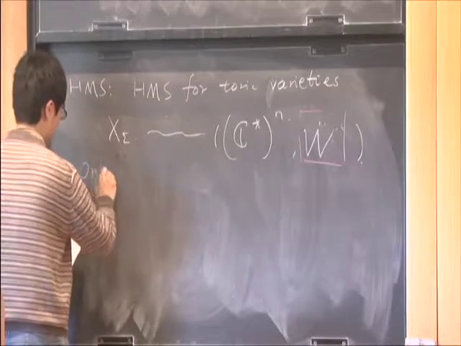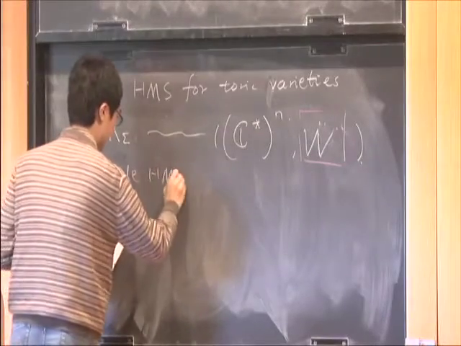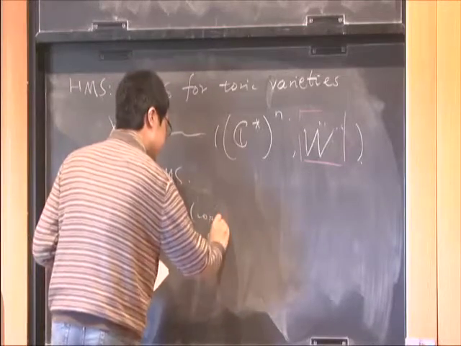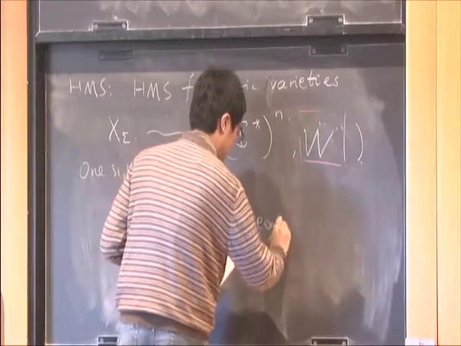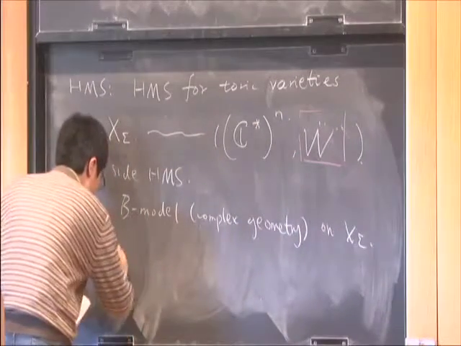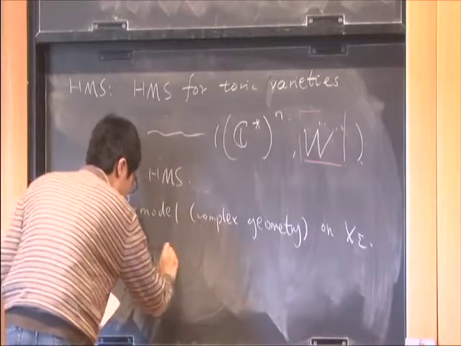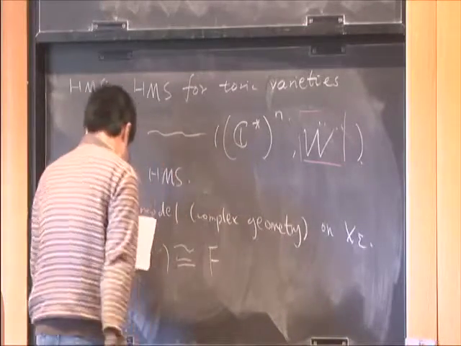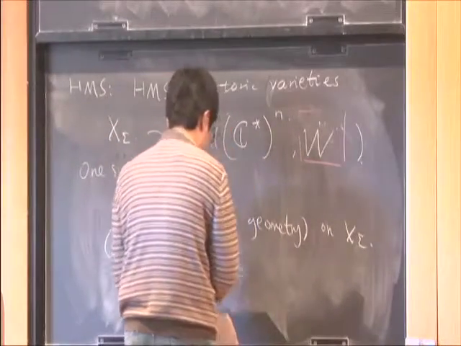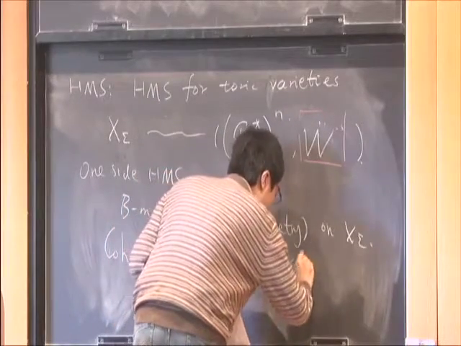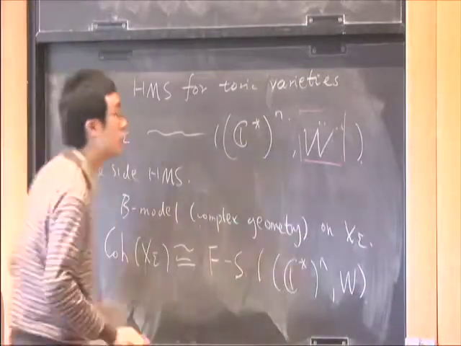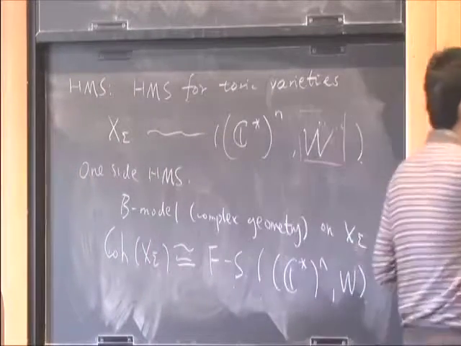So here, with just one side, HMS is a B model. Here's complex geometry on X sigma. So the coherent sheaves on X sigma should be equivalent, by the original conjecture, to the Fukaya-Seidel category of C star n with respect to this superpotential. And our theorem there